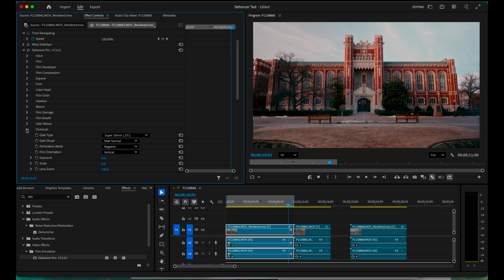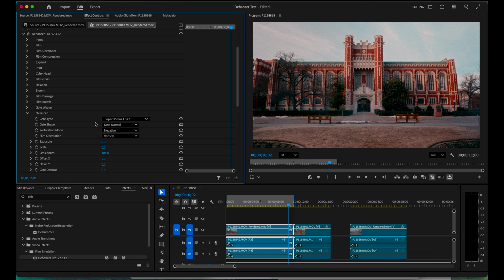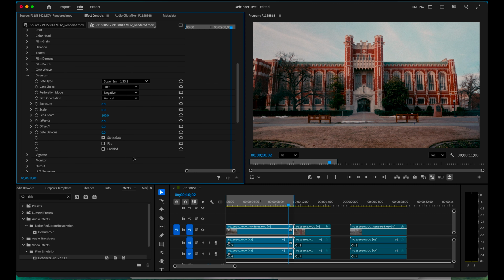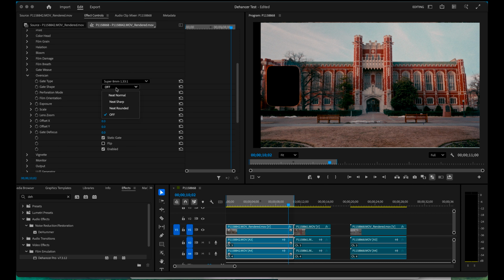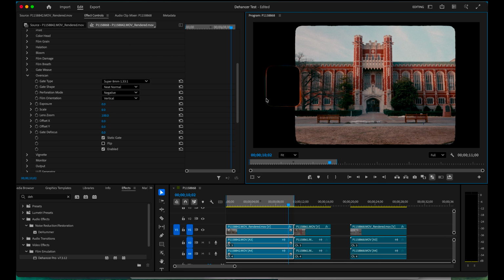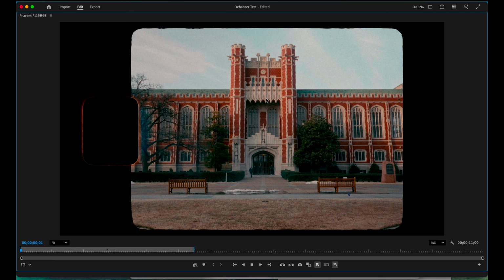Now into overscan. What overscan does is simulate the scanned film, where you can see the edges of the frame and sometimes the sprocket holes. This is a really stylized part of this plugin. I don't love it. It has its uses, but you can go really, really crazy with this. So let's enable it here. And yeah, you can see you can get really